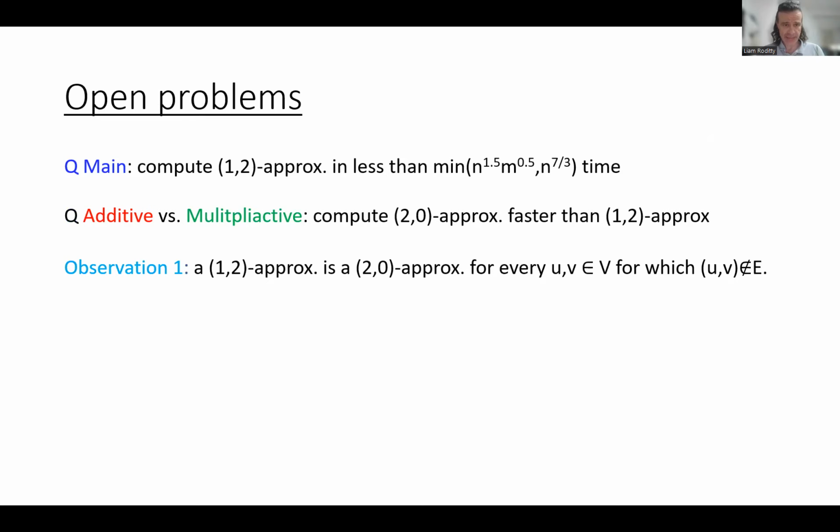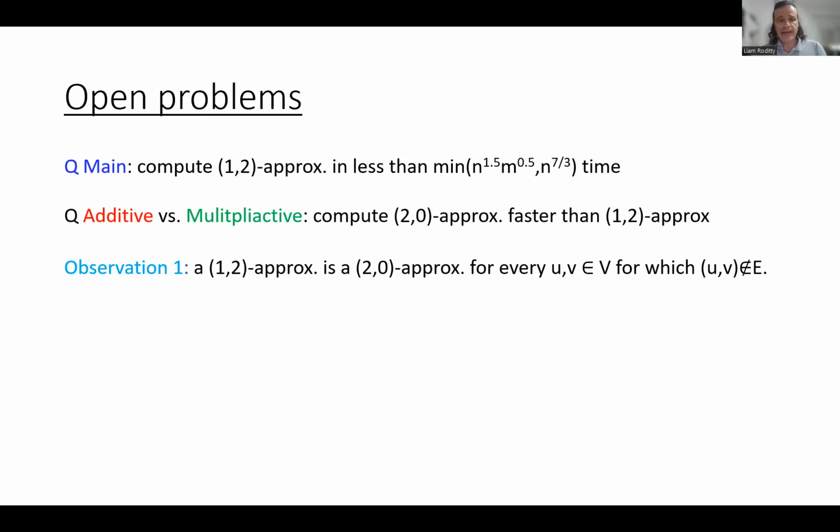So a simple observation shows that if we have a (1,2) approximation, then we can simply obtain a (2,0) approximation